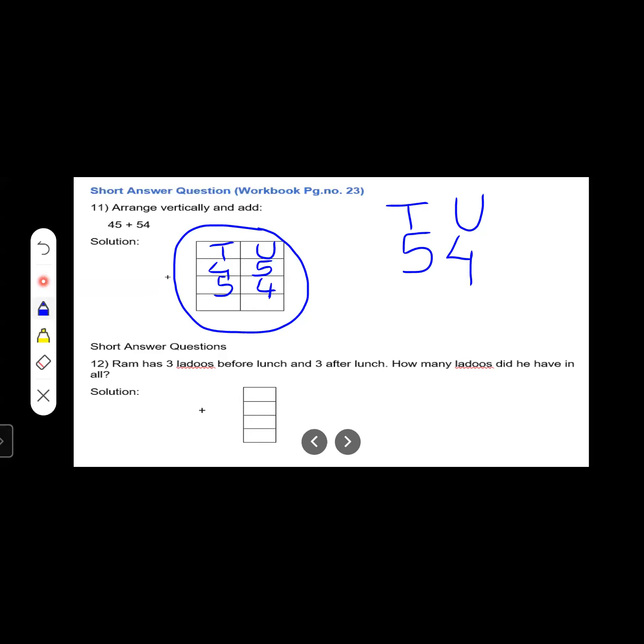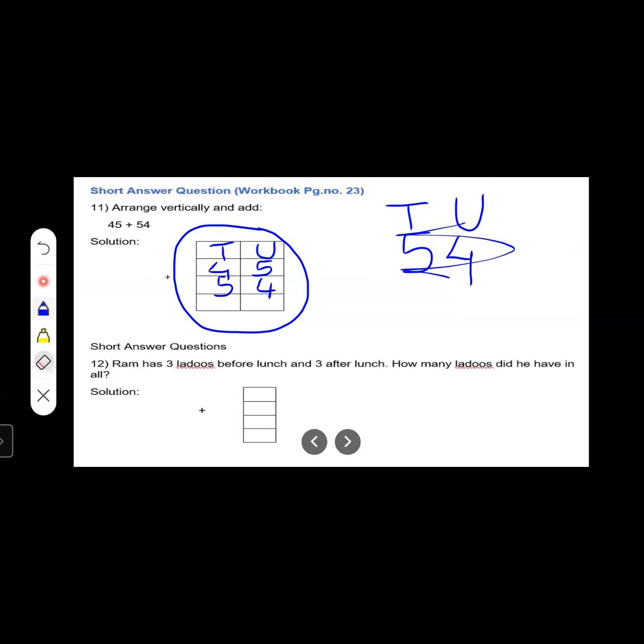There are 3 types of lines: vertical lines, horizontal lines, and slanting or sloping lines. Remember, vertical means standing line. So that is vertical order. This is vertical, this is horizontal, and this is slanting. So here we have arranged the numbers in vertical. Okay.